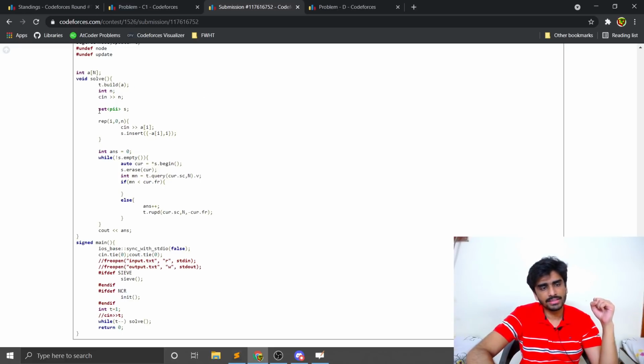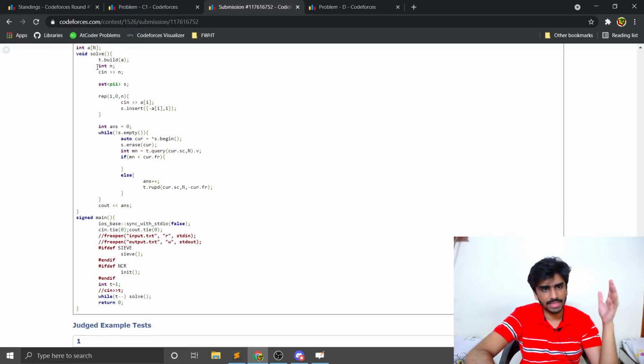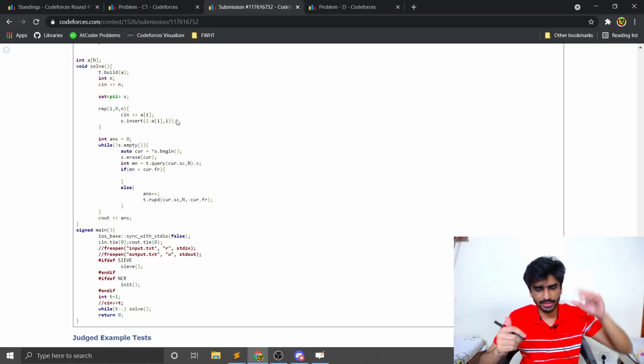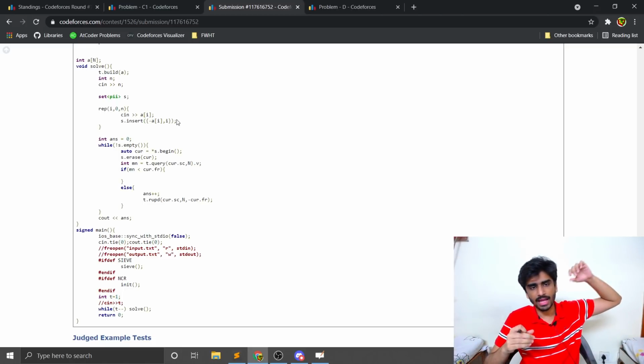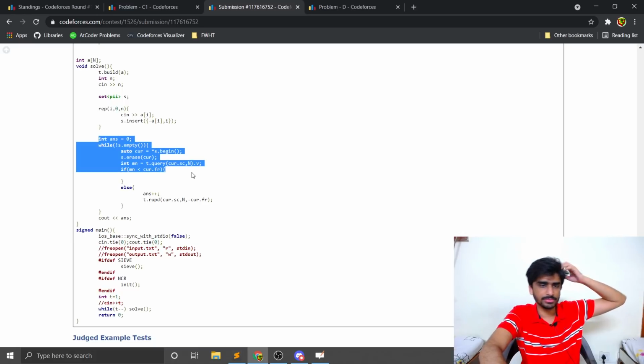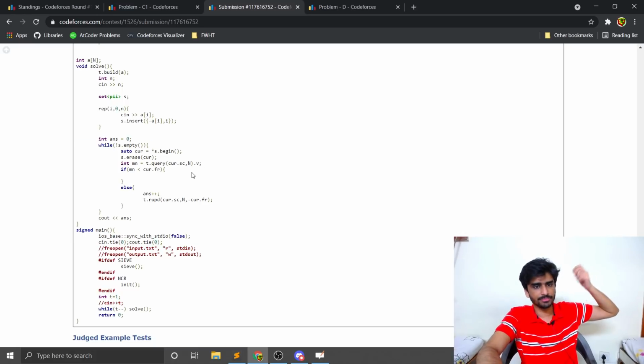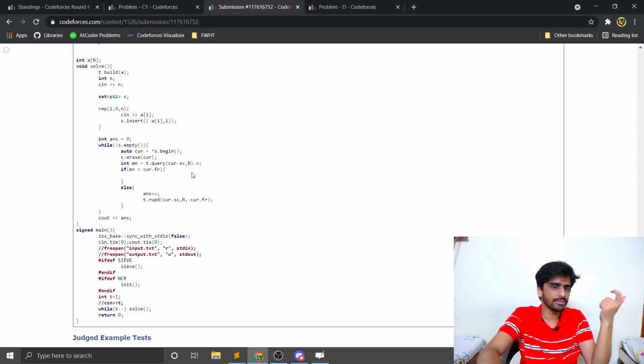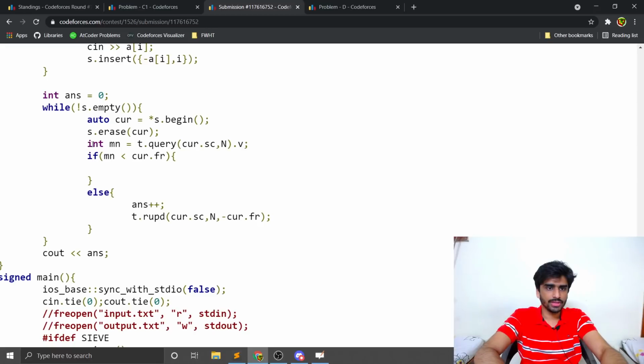So first of all, I take a segment tree. Then I take a set of pairs in which I'm storing the negative of a value and the index. So when I'm taking out the elements from this set, I'm taking the bigger value element first, and then the smaller value element, and so on. Then I find the minimum prefix sum. If the minimum prefix sum is smaller than the current value, then